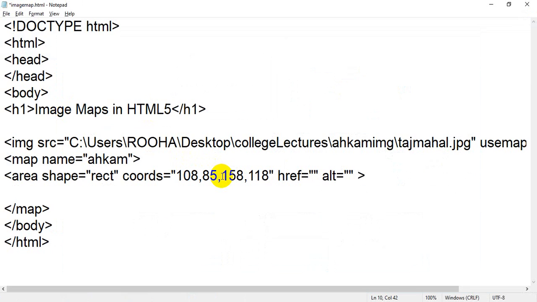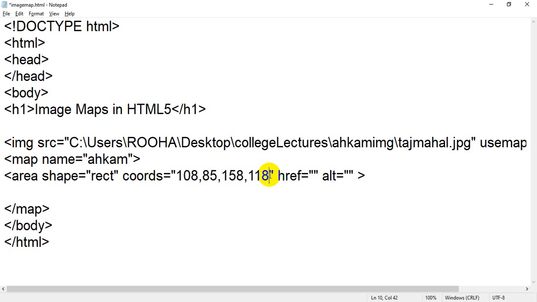Okay students, so we have taken four coordinates, or you can say we have taken two positions. The first value is x and the second value is y. In the same way, this is the second position, where the x value is 158 and the y value is 118. We have to take two coordinates for a rectangle.